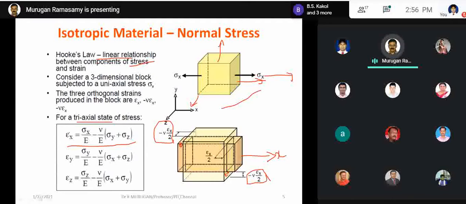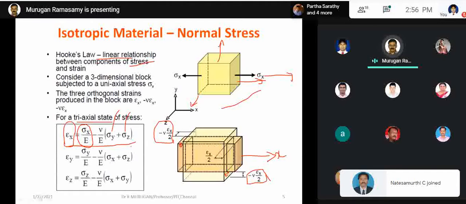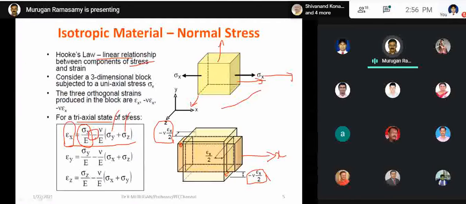That is epsilon x. Epsilon x is the normal strain along the x direction, which, if you have only one load acting along the x direction, is simply sigma x by E. Suppose in the case of 3 dimensions, if you have a load acting in the y direction as well as the z direction, the y and z direction loads will also contribute strain along this x direction. So we are subtracting that effect. This minus sign, you have to see that one. So this is the resultant strain or net strain along this x direction.